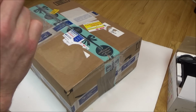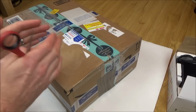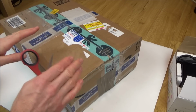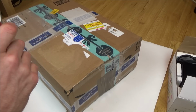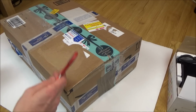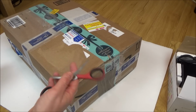Now, I always say this in these videos, but in particular in this one, do not copy what I do here. I have never ever even seen one of these. I've never handled one, I've never turned one on, I've never played one. I certainly haven't taken one apart. So I will probably end up doing damage to it. I will do my best not to, but what you see in this video will probably be the wrong way of doing stuff. As well as that, there's going to be a load of I don't knows in this video,